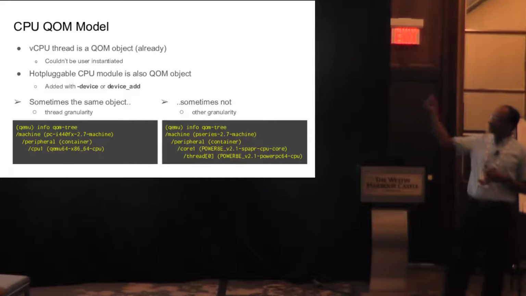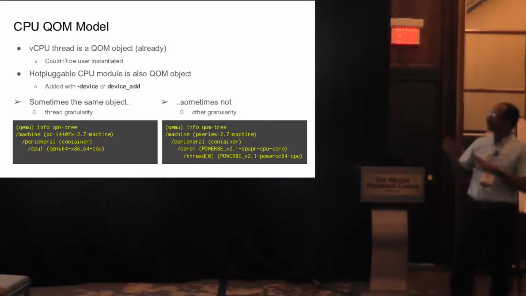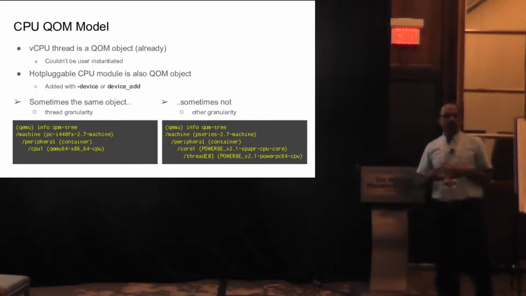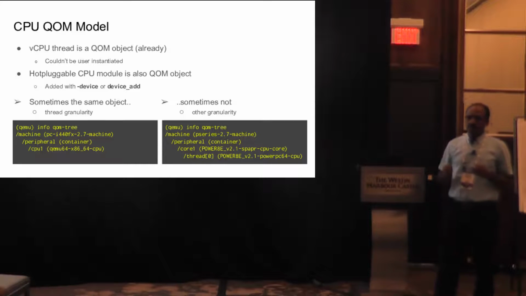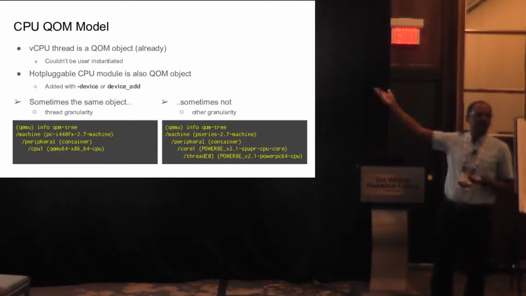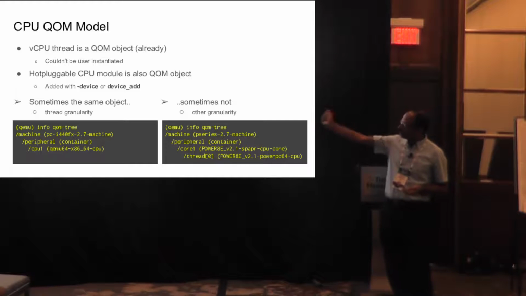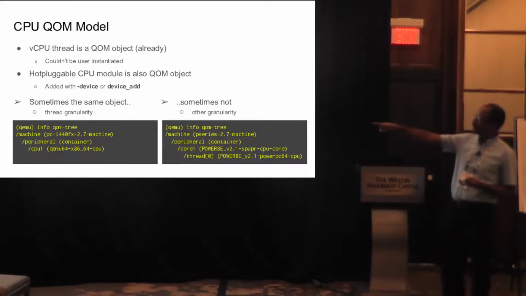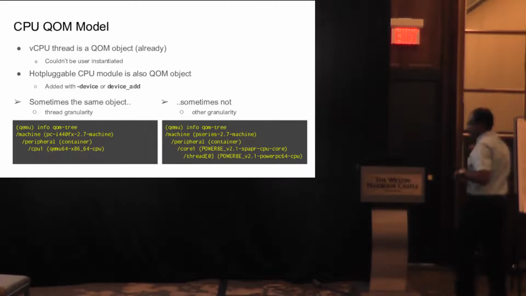The vCPU thread, as I said, was a QOM object, but it was not user instantiable. The actual hotpluggable unit that I'm talking about in the second bullet point here, we wanted it to be user instantiable. In some cases, like x86, where they do hotplug at thread granularity, this hotpluggable CPU module is actually the same as the vCPU thread object. So they are one and the same, as shown in the graphics on that side, where you can see that the CPU thread object, the x86_64 CPU,